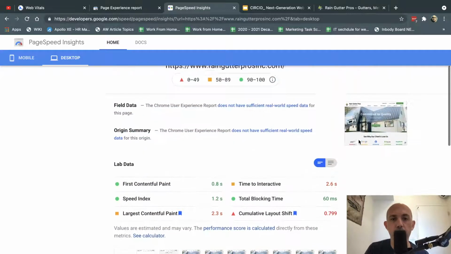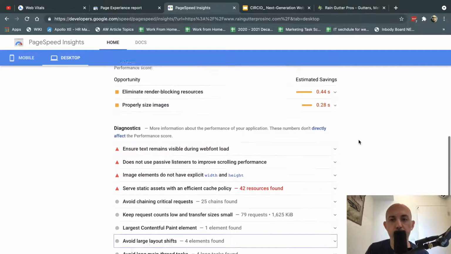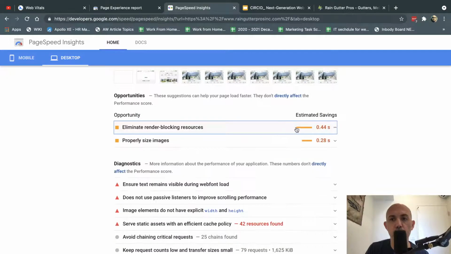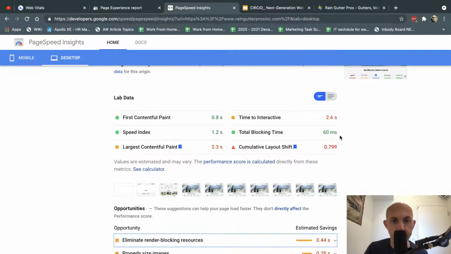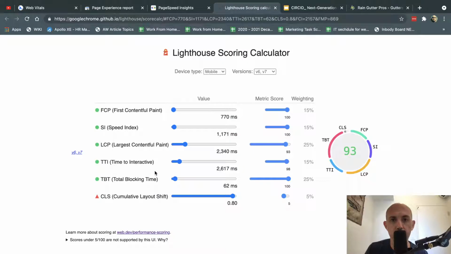How do you know what will give what, and how much effort? So first of all, you have these scores and times. The second thing you can do, which is really important, is click here on the Calculator. What it'll do is take these scores, and if you shift these things, like you improve your LCP, you'll see how the numbers shift. Basically, the numbers in your score will shift. So then you can make an effort with your developer and see if you improve some of these things. For example, if I improve my CLS, you'll see that I get these scores.